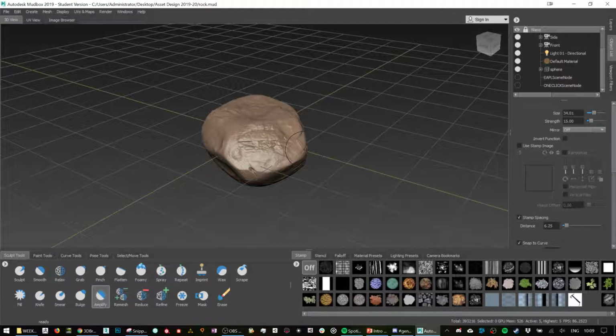If you're searching for textures, CG Textures is pretty good, free stuff. And whenever you're searching for the actual texture, just search like rock texture or rock alpha, and that usually gives you pretty good stuff. Sometimes they want you to pay for